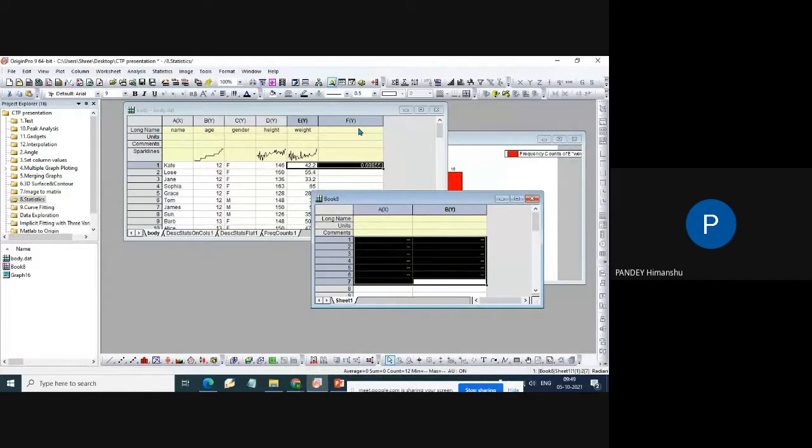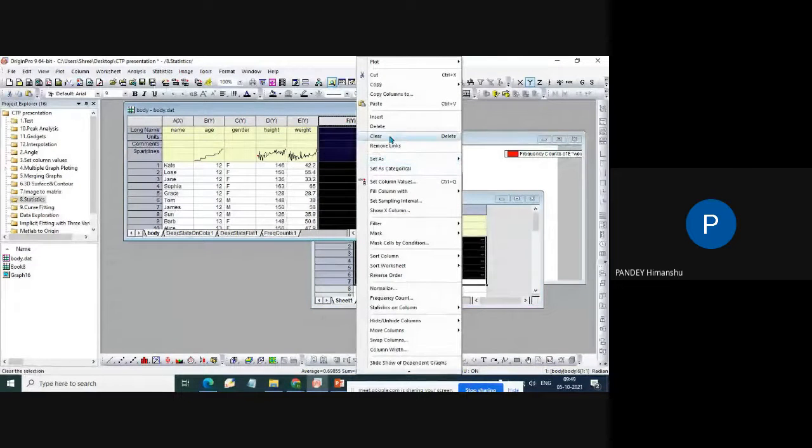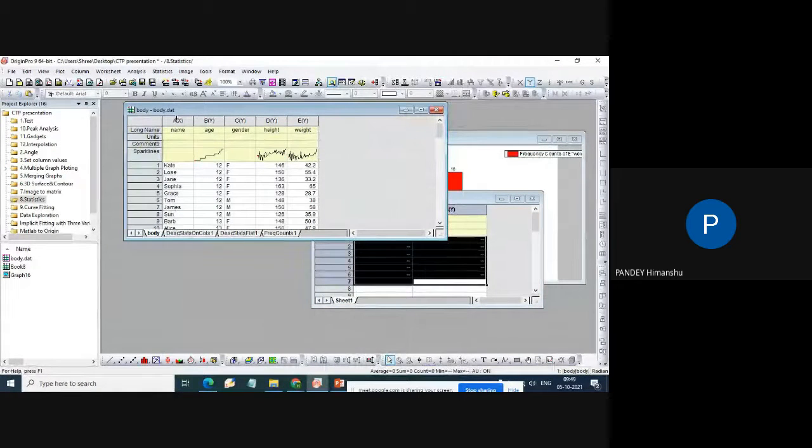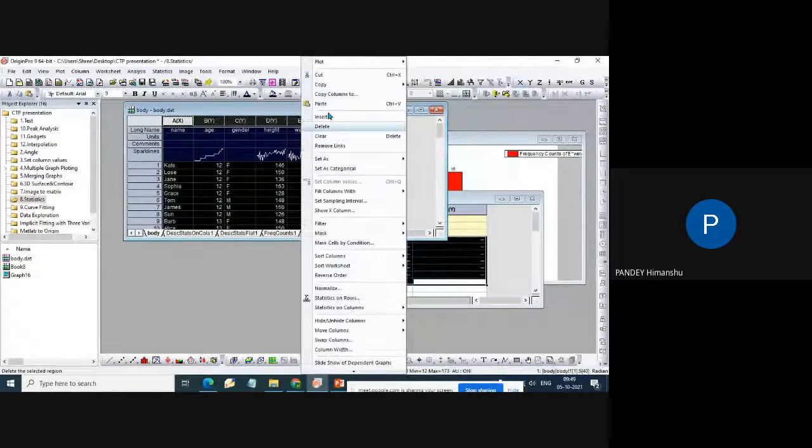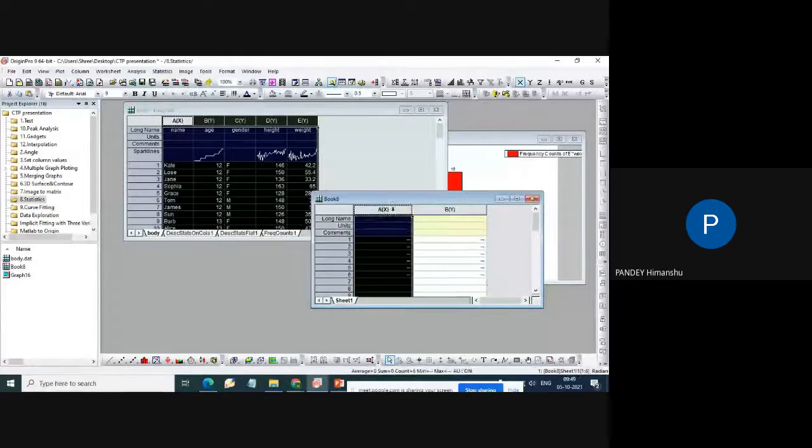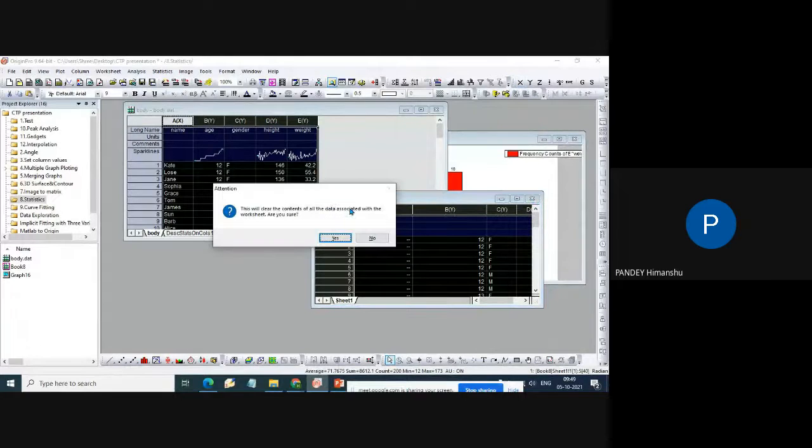Okay, so let me come to this statistics part. I'm copying the whole data from here, and let me save it. Just look into this: I copied and saved, but the legends, the long names, are not coming, because I simply did Control C and Control V. So in order to get exactly the whole thing, what I have to do is